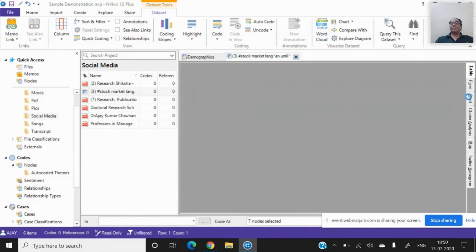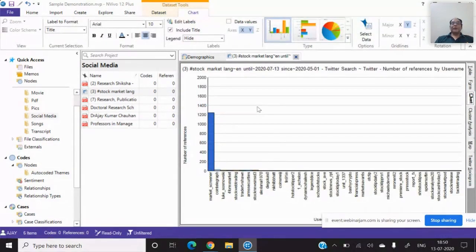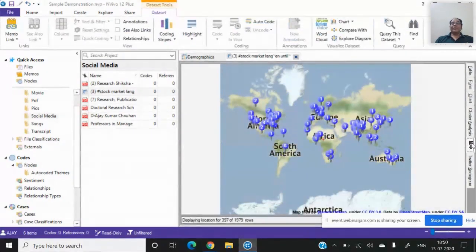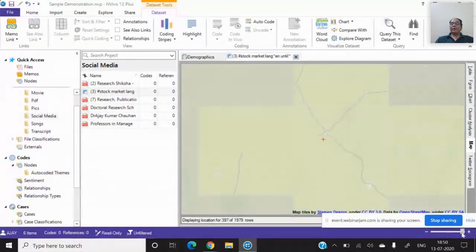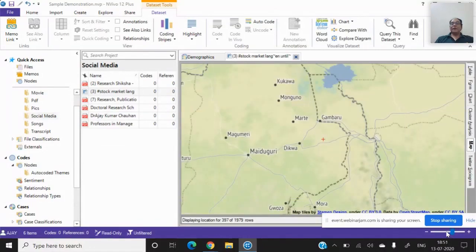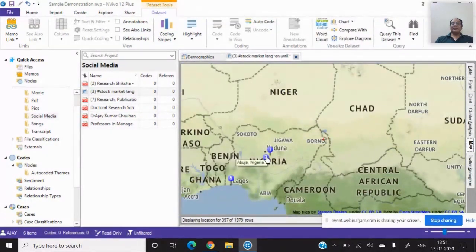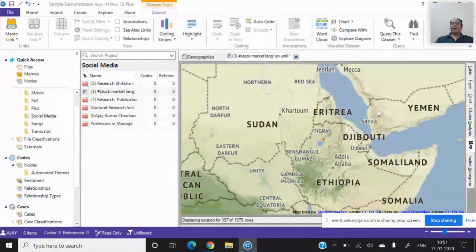After that, you can generate much information from here. You can make a chart. Okay, so this tweet is very popular, but I want to see it location wise. So if I click on the map, you can find out from where the tweets are coming, the different areas from where the tweets are coming. So you can do the tweet analysis. You can even find out the exact location from where tweets are coming, like this part of Nigeria, Lagos, and where does our India come?